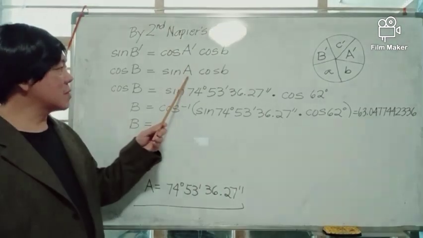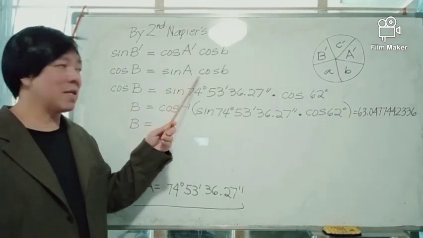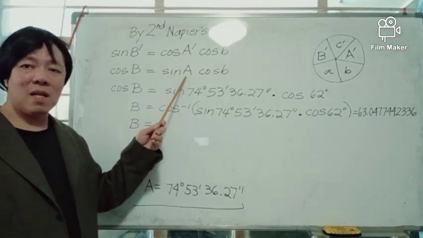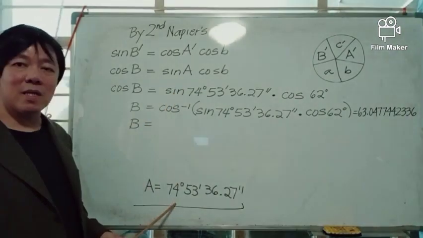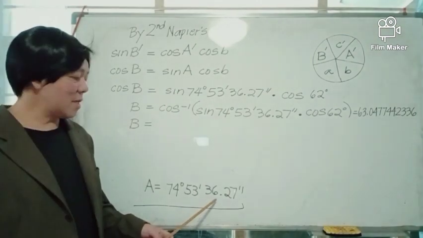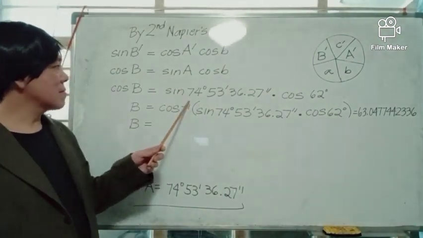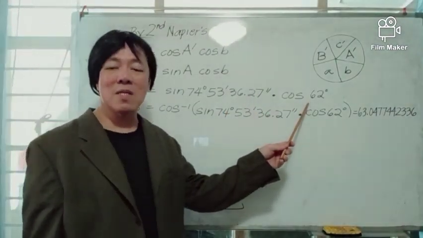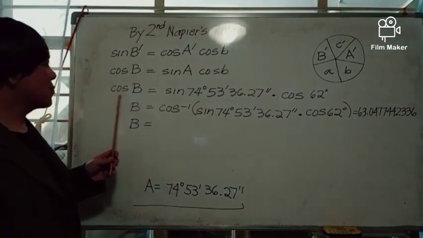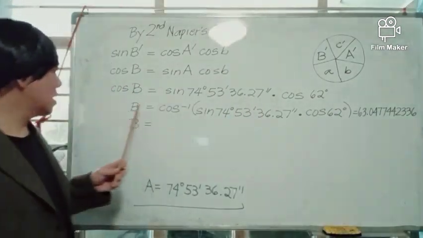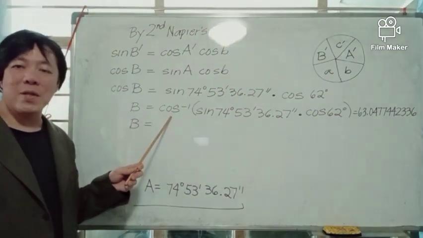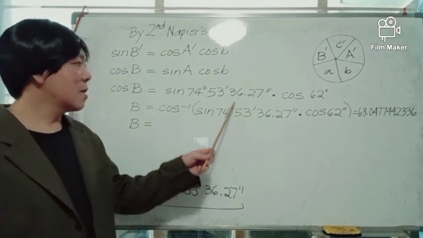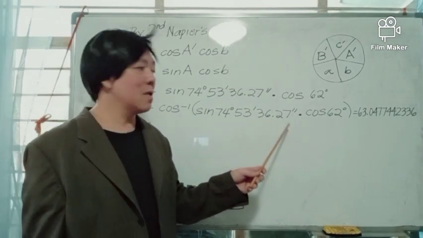Now we substitute the values of angle capital A and the side small b. Earlier, we found angle capital A, 74 degrees, 53 minutes, 36.27 seconds, multiplied by cosine of small b. Small b is given, 62 degrees. Hence, from this equation, angle B is equal to arc cosine of sine of 74 degrees, 53 minutes, 36.27 seconds multiplied by